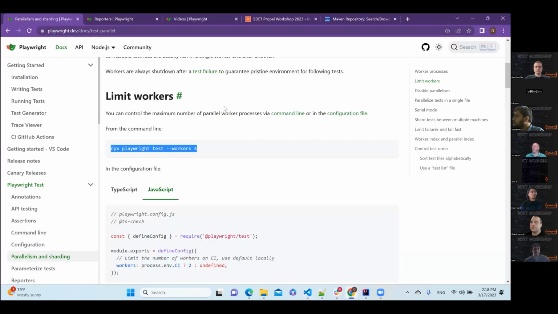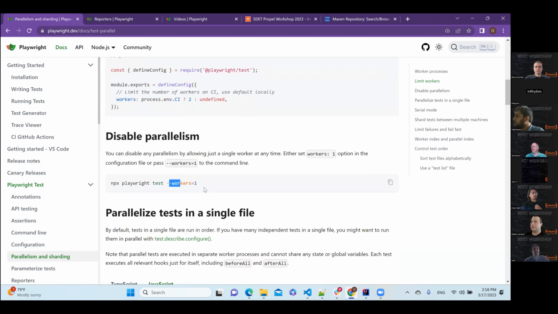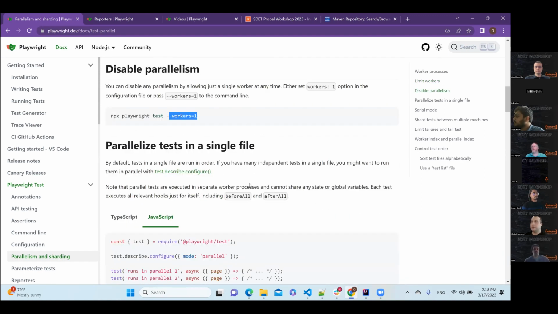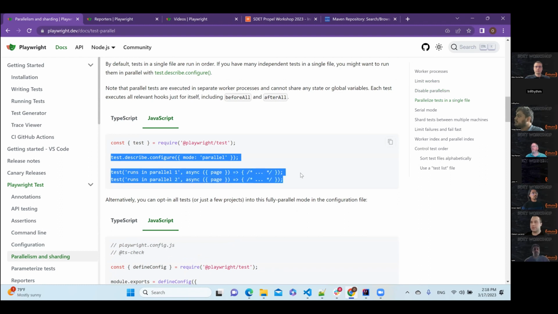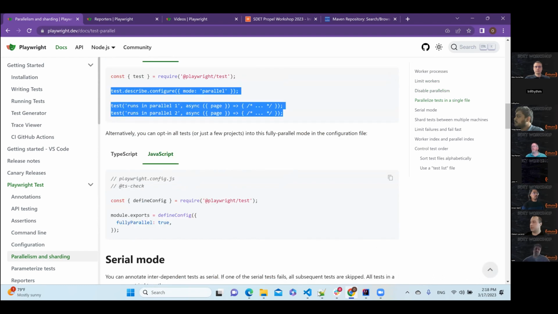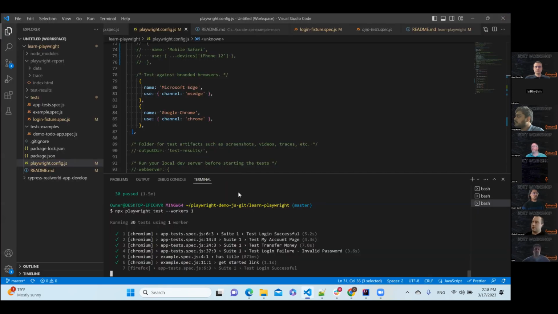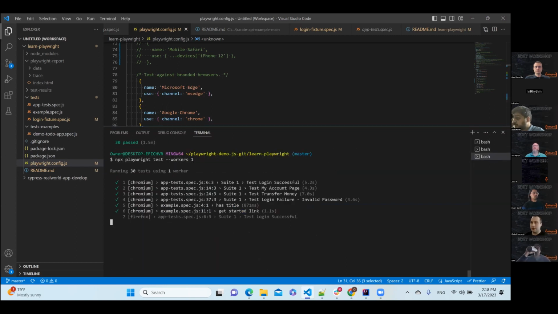What do we have for documentation? Yeah, if we need more workers for CI/CD, we can do it. If we need to run one worker, we can do it too. Okay, we can set up everything only inside a specific class, if you don't need to run all test cases. Now you can see that step by step it executes different sets of test cases, but just in one worker.